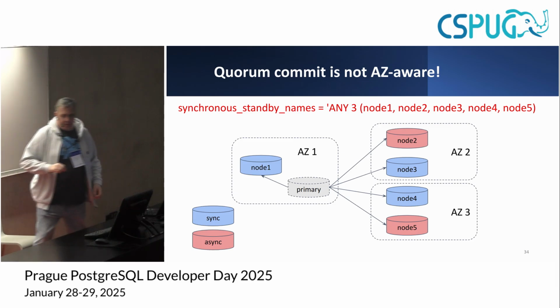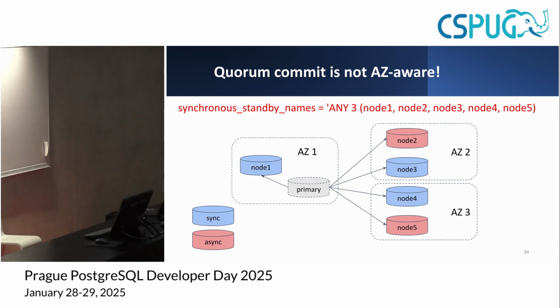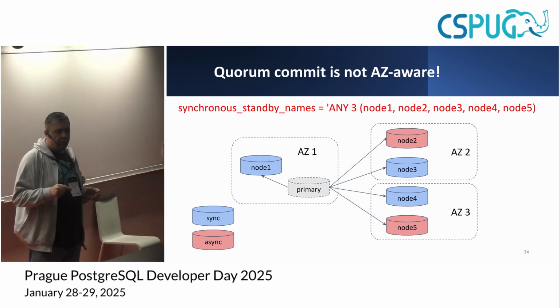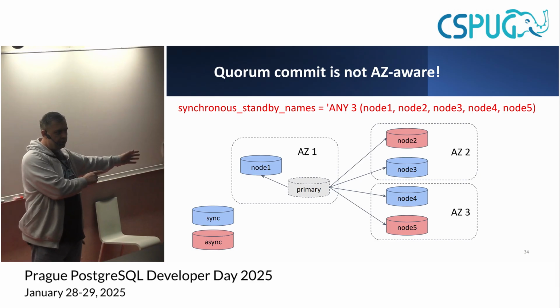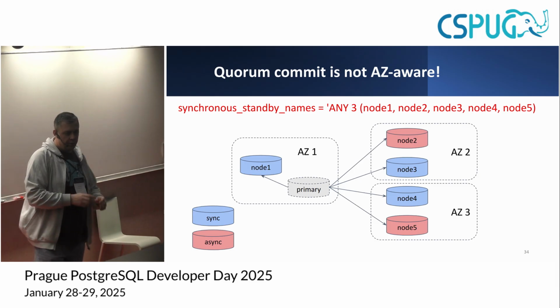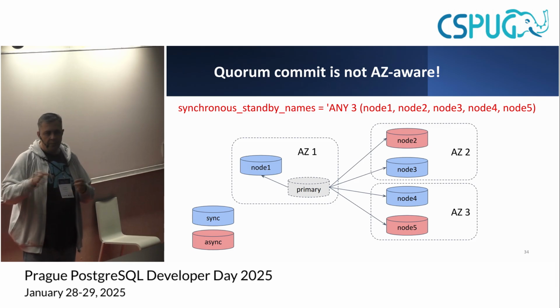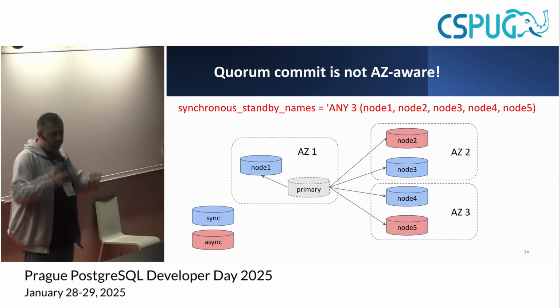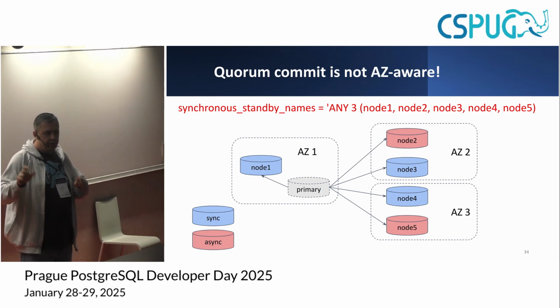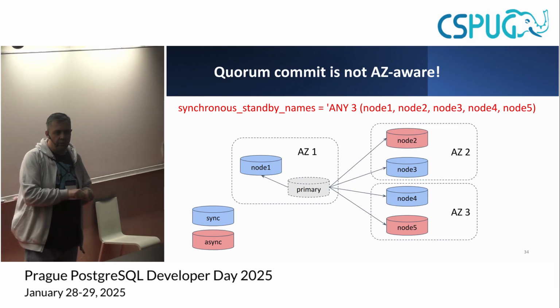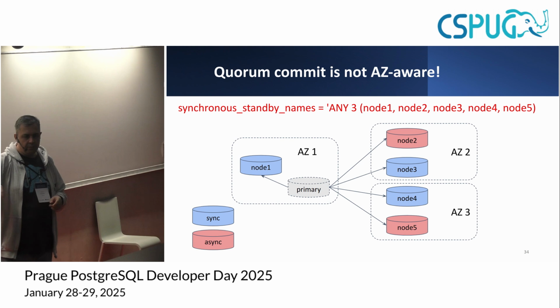I don't have a slide for it. When a standby is configured, you need to provide primary_conninfo, basically the connection string of where you want to replicate from. It contains host name, port, of course username, maybe some credentials, maybe certificates, but optionally you can specify application_name. And this application_name should match the name of your synchronous standby. And the primary, when processing the synchronous_standby_names configuration parameter, basically picks among nodes by the application name they use.